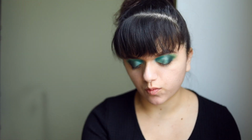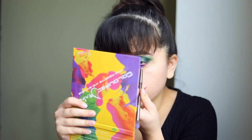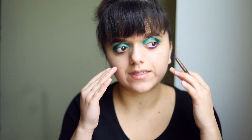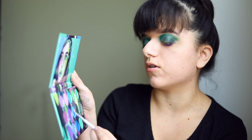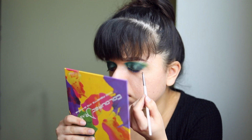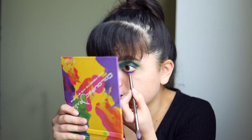So I'm going to take a pencil brush, and I want to dip into one of my favorite shades in the entire palette, and that happens to be this color called Mohan. I want to apply it to the central part of my lower lash line. And you can see that I'm pretty much packing it onto the center of my eye. I'm not working to extend it either to my outer lower lash line or to my inner part, because I'm going to be taking another color on a small detail brush. This is this color called Anya, and I'm going to be packing this into the inner part of my lower lash line, kind of overlapping that purple as well. And then I'm going to be taking that original pencil brush with that purple on it, and I'm going to be using this to diffuse the edges